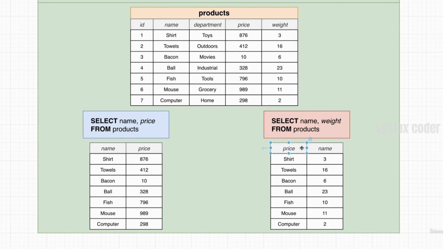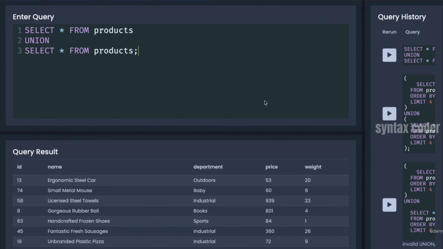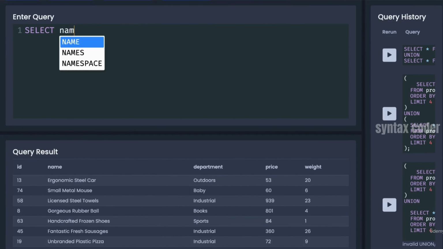Over on the right-hand side, our price column has strings, but on the left-hand side, price has numbers. And likewise, on the left-hand side, name has strings. Over here, name has numbers. So we must always have the same columns, the names must be the same, and they must have compatible data types as well. We can test this out very easily by doing, say, a select name from products,